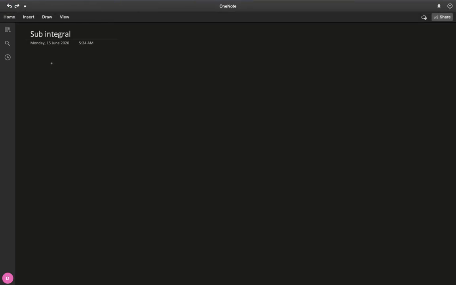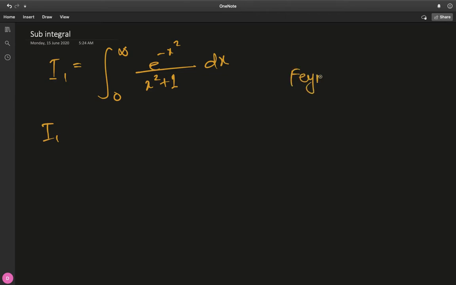So we have our I1 equal to the integral from 0 to infinity of e raised to negative x squared divided by x squared plus 1 dx. And since we have a denominator like this, a good alternative would be to use Leibniz rule or the Feynman technique. So if we use the Feynman technique,